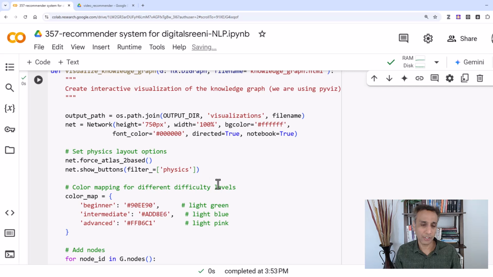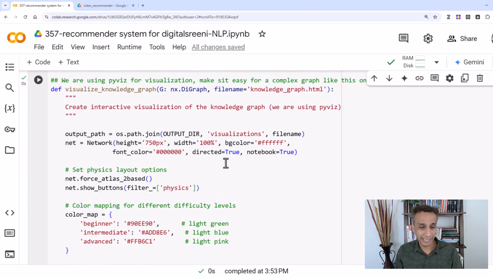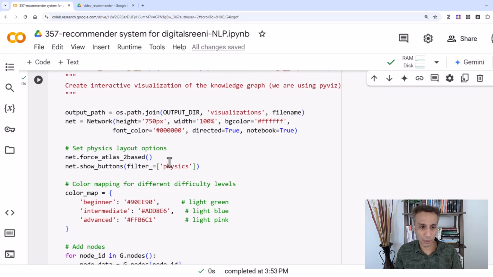Like what type of physics, how stiff you want these networks to be, so when you pull on it. There's a lot to talk about when it comes to visualization. I'm not an in-depth expert on PyVis. I know a few things, and I have previous code that I always copy paste and just update, because I spent time 5 years ago coming up with a few of these visualizations based on my need. Maybe there is an easier way to do that, but I just use pretty much